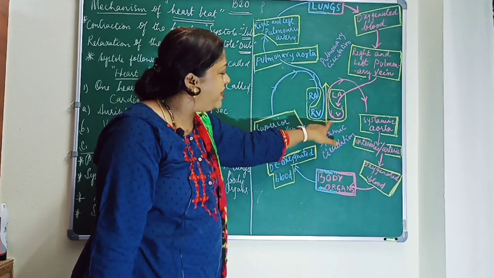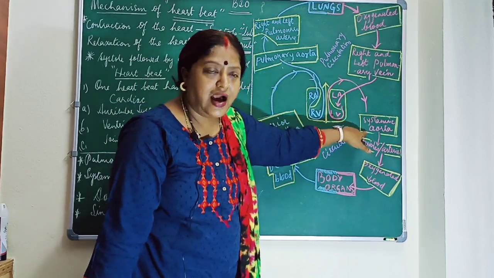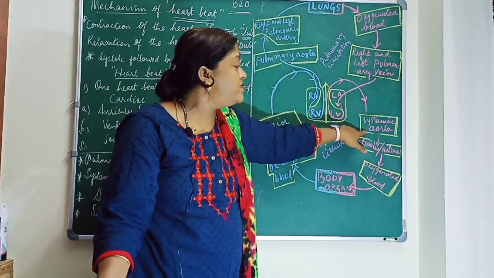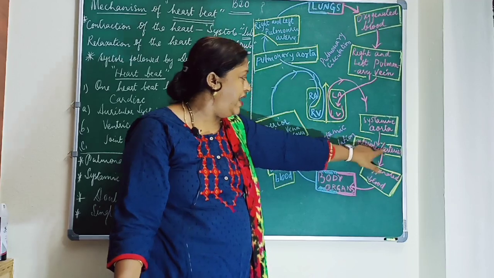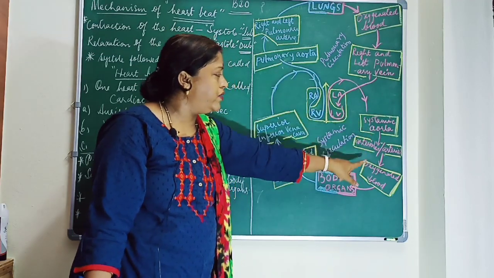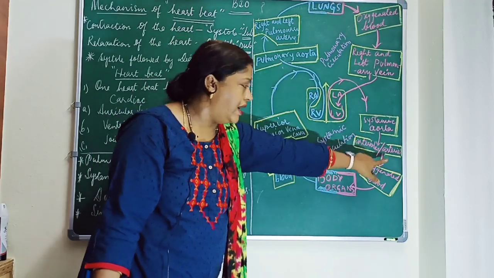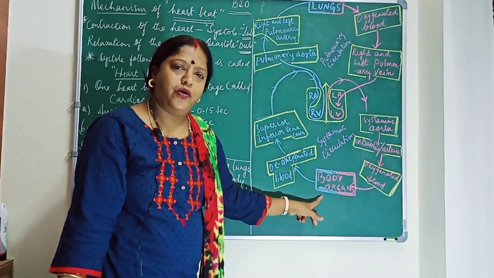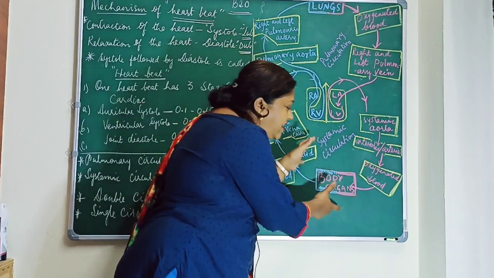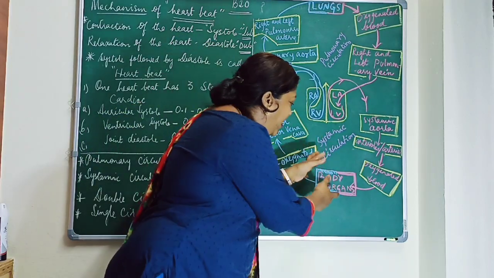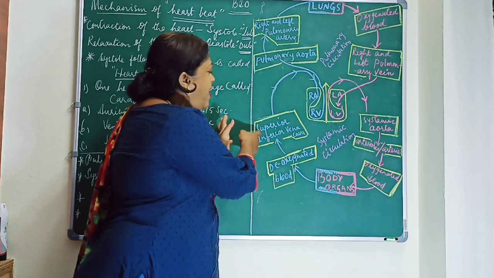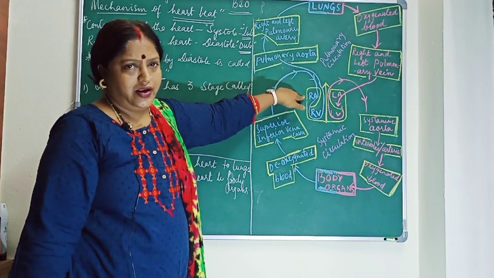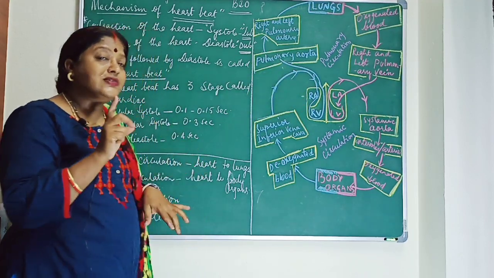Okay. From the left ventricle, it goes into the systemic aorta, the largest artery, which is further divided into several arterioles, and those arterioles make arteries. Okay. So, from the systemic aorta, it flows into arteries and arterioles, and then that oxygenated blood is supplied to the body organs. Then deoxygenated blood is again collected by the superior and inferior vena cava and it is poured in the right auricle. Okay. So this is systemic circulation.